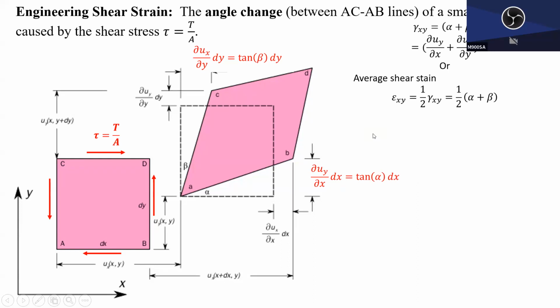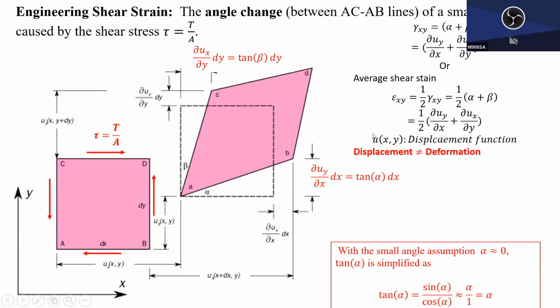These two angles combined, the angle change, is called strain. Sometimes we combine the two angles, treat this as one number, divide by 2, and call that the average shear strain too. Basically, shear strain is the angle change from square to parallelogram. As you can see, we have partial differential equations here, but each part can be viewed as a pure differential equation. That is the slope times dx, which gives us the displacement here.